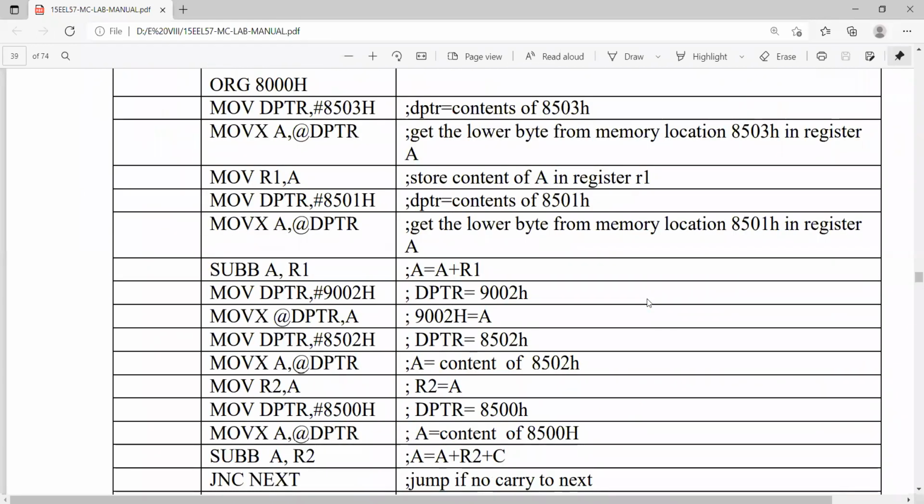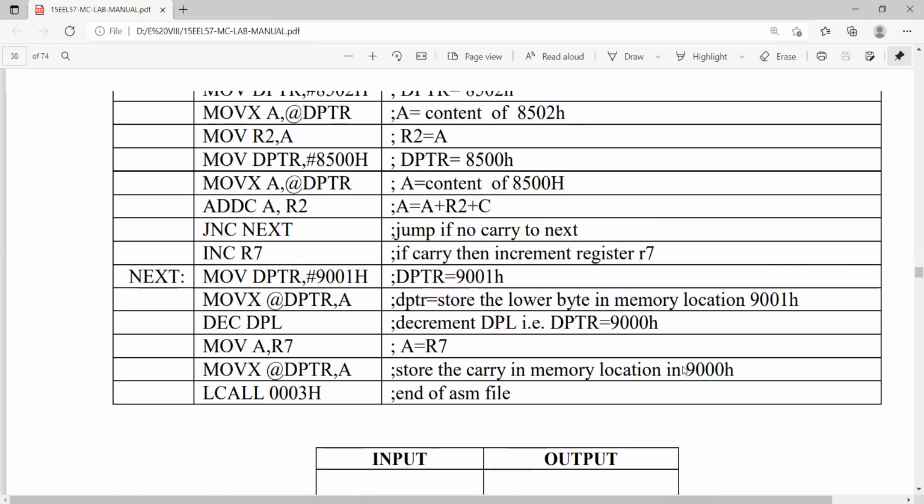First you can subtract the 16-bit data. You can separate the lower byte of the data and the higher byte of the data. First you can either subtract or add. For example, in 16-bit addition, you first add the lower bytes, and any carry generated in the lower byte addition is considered in the addition of the higher bytes. That is a 16-bit addition. You will see that program also here. This is the 16-bit addition.